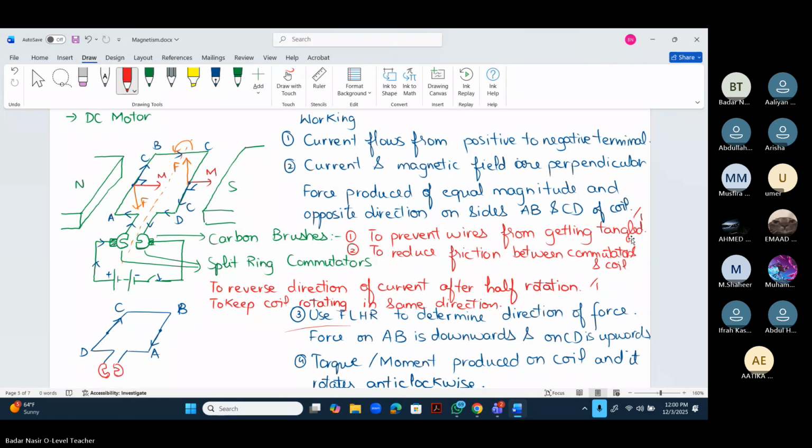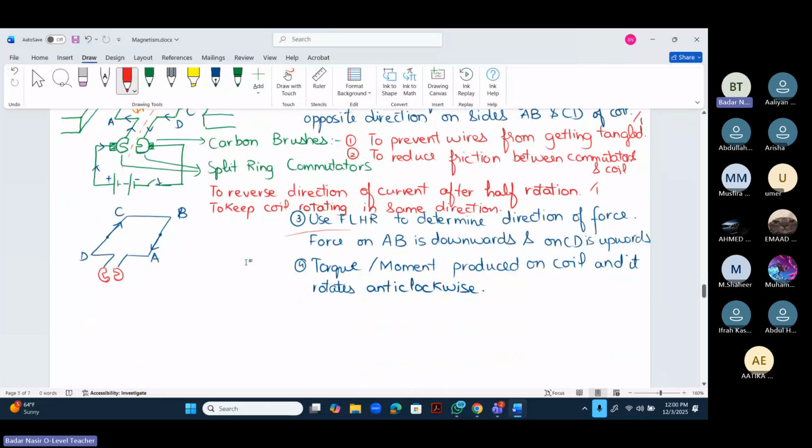Acha, there will be no force on sides BC and AD because, देखो, BC में current की direction is this और मैग्नेटिक फील्ड की ये है, तो करंट और मैग्नेटिक फील्ड आर पैरेलल, इसीलिए साइड्स बीसी और एडी पे कोई फोर्स प्रोड्यूस नहीं होती। ठीक है, सो वी विल से